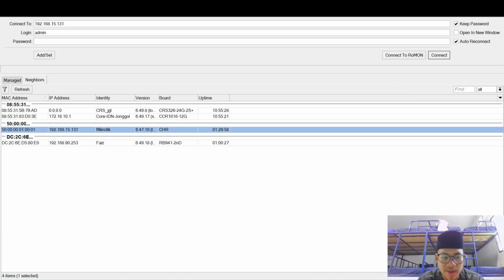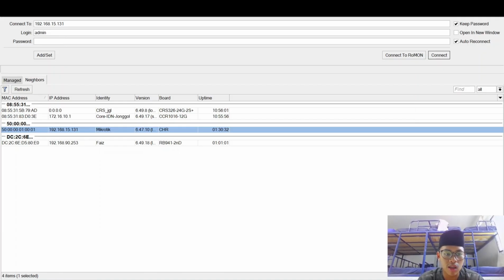Most of the time, it's 192.168.88.1 by default. But why is my IP 192.168.15.131? Because I access this via VMware in MikroTik MTCRE. That's why the IP is different.